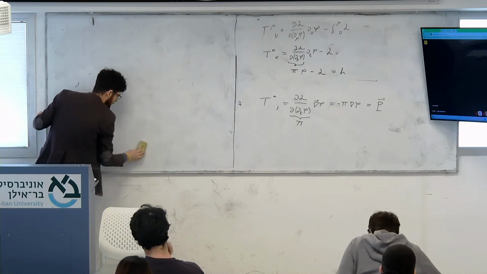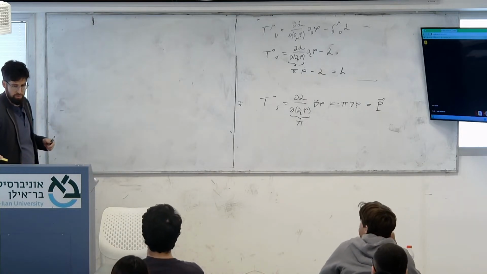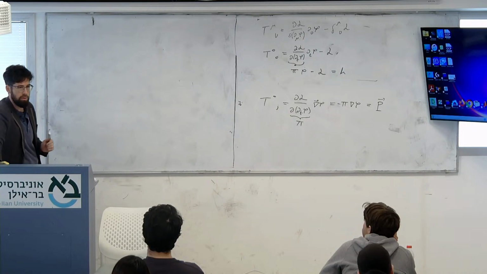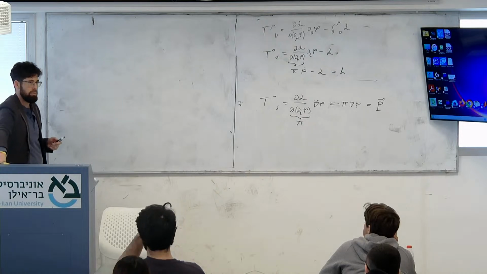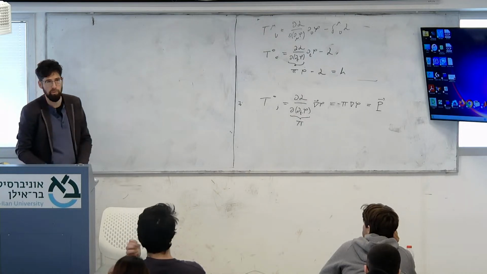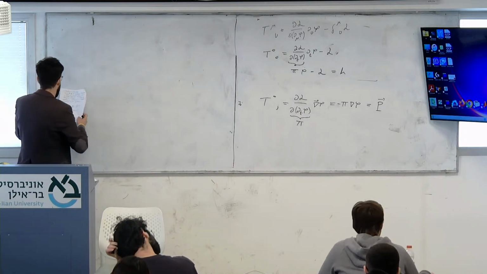By the way, I was talking to Asaf, and he told me that you guys actually never saw the quantization of the electromagnetic field. Is that true? No, we saw it in advanced quantum mechanics. You saw it in the advanced quantum mechanics. So you know what a photon is, and you saw it. So all this is just kind of.